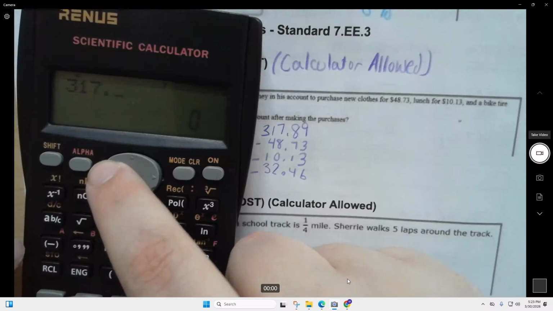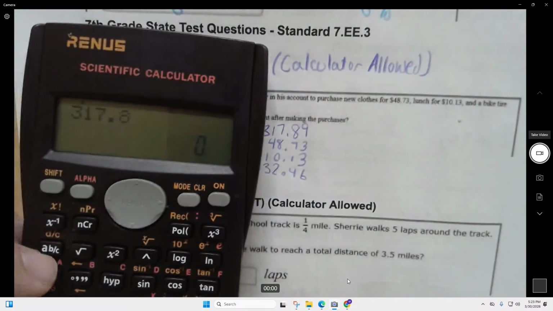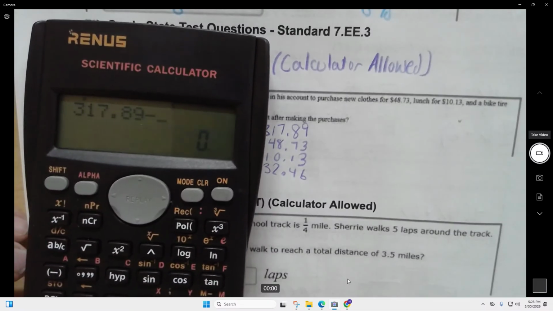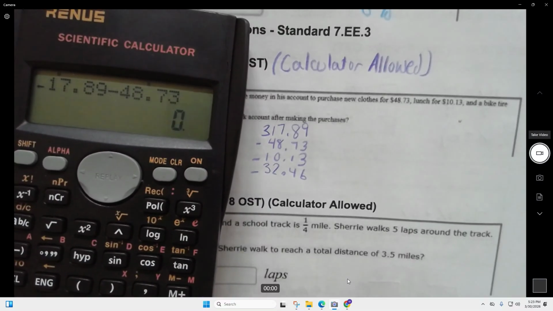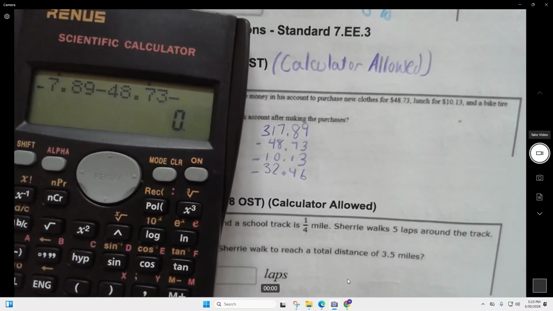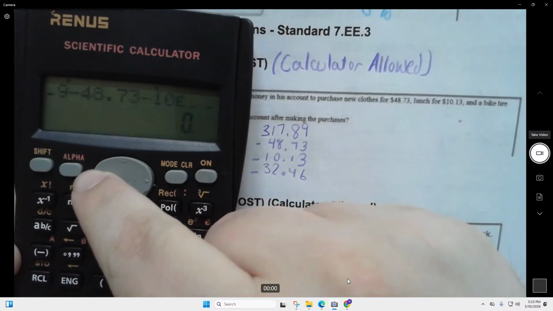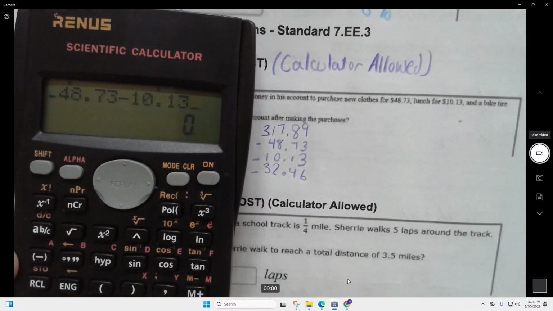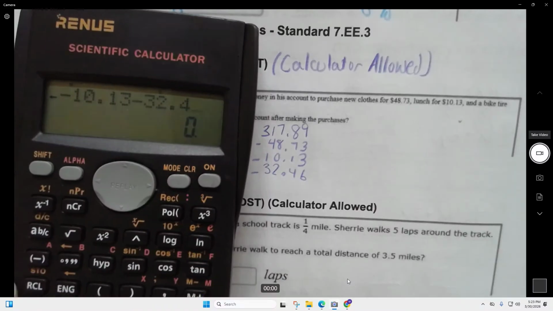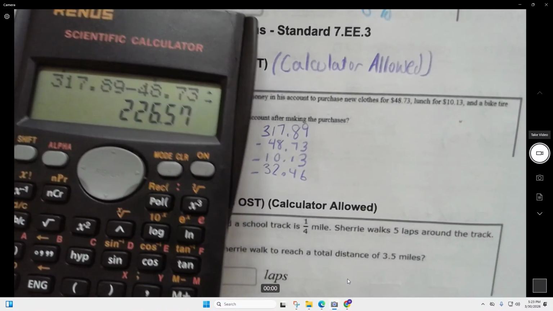317.89 minus 48.73 minus 10.13, oh, I hit the wrong button, I hit the exponent button, minus 32.46. And all that gives you a grand total of